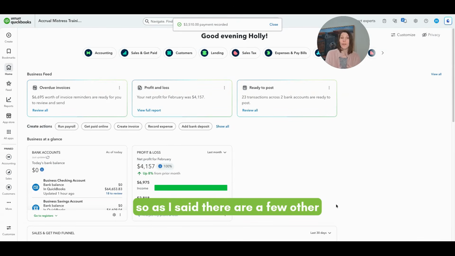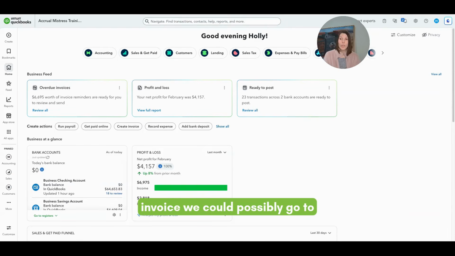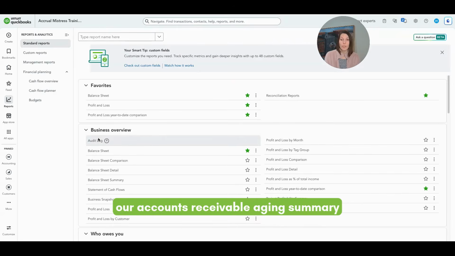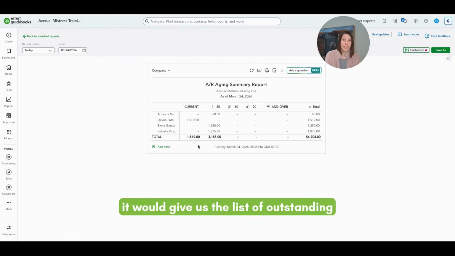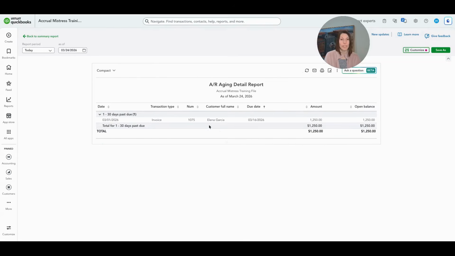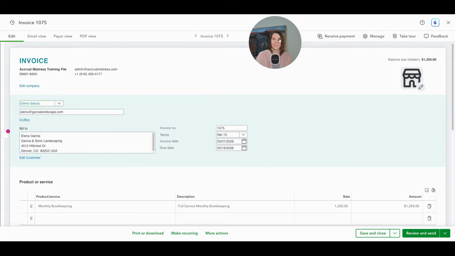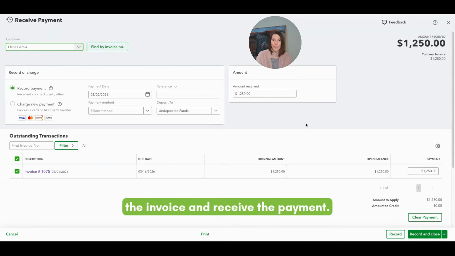So we will go ahead and hit record and close on this, okay? So as I said, there are a few other ways that we could go about receiving payment against an invoice. We could possibly go to our reports and then look at our accounts receivable aging summary, and it would give us the list of outstanding invoices. So if I were to click on this next invoice from Elena Garcia, who did also send us a check, and then click into view the invoice,